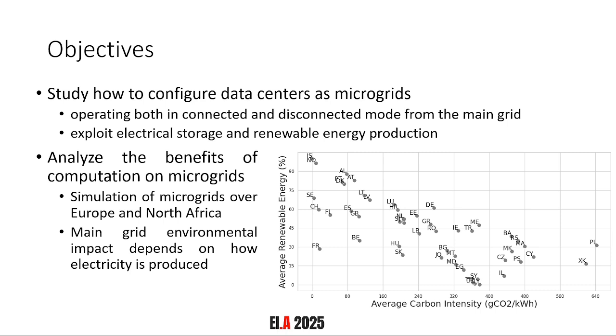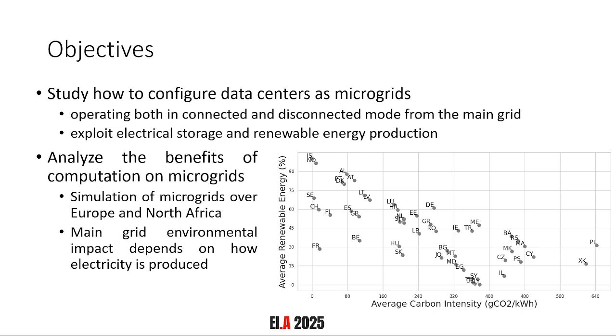So the benefit of doing opportunity computing over geo-localized microgrids. We will simulate microgrids over Europe and North Africa, considering not only the renewable energy, but also the environmental impact, the carbon footprint, of the energy that is used from the main grid. For example, you can see that in Germany, in Deutschland, we have here in the graph more renewable energies than in Iceland. But once the renewables are over, it's better to draw energy from Iceland since it's got a lower